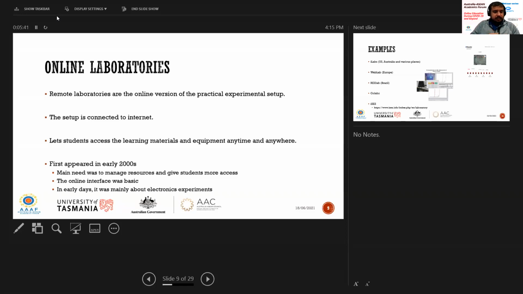So online laboratories are the online version of the practical experimental setup. It is connected to the internet, and remote labs have been around for a very long time. The first remote labs appeared in the early 2000s, and their main motivation was to give resources to a lot of students. Back then, the issue the universities faced was that we had only one big setup,